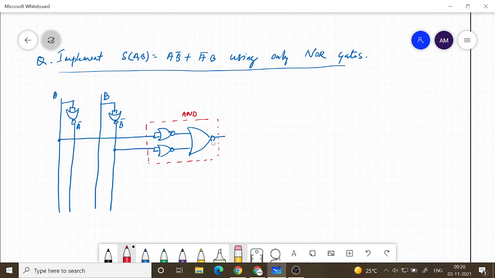Then similarly I can take the second product term. For that I need A bar and B. Both of these I need to complement, and then give to a NOR gate.